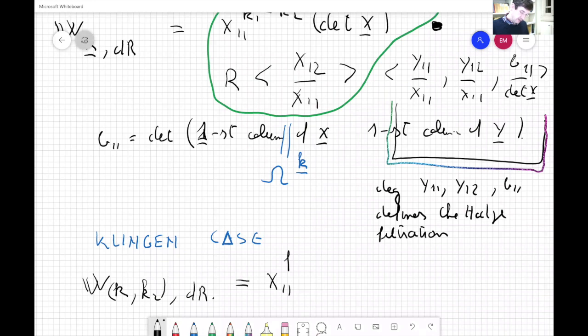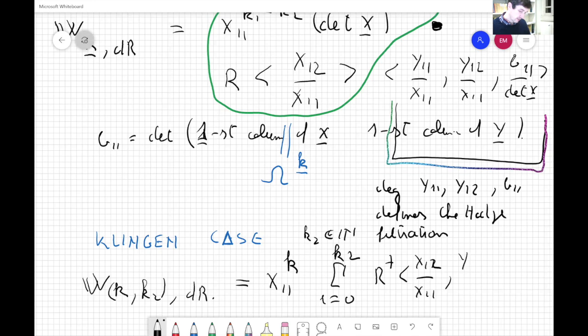So you have x1 kk, and then you have the sum. So remember that K2 was an integer. You have the sum for I goes from 0 to K2 of R plus x1, x12, x11. Then you have y1